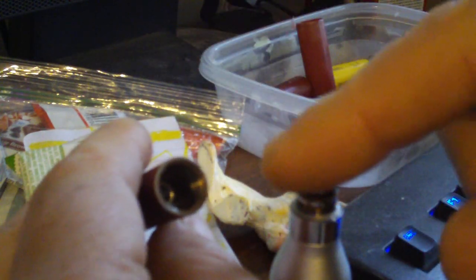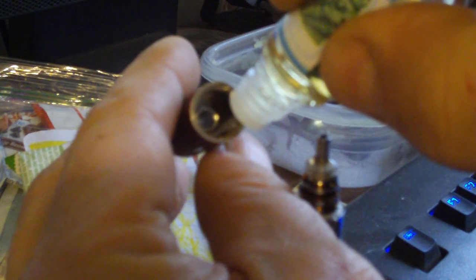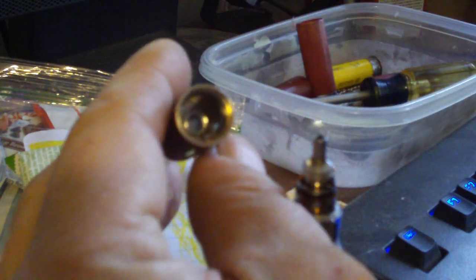And when you're filling it, obviously you got to fill so that the fluid is running down beside. I'm trying to do this so I can see it and you can see it. But you want to run the fluid down beside it, but you can't tilt it too much because then the fluid will come up past that central hole there. See if I can do this without screwing things up. But basically, it holds a lot of fluid, actually. I thought it only held a little bit, but I'm seeing that it holds a fair amount,